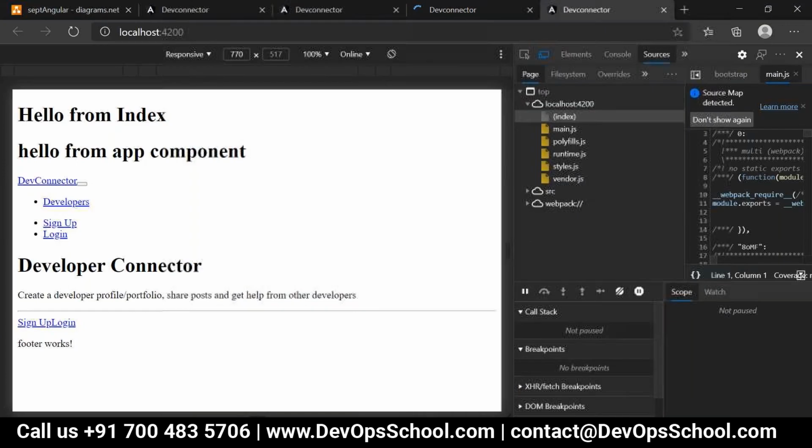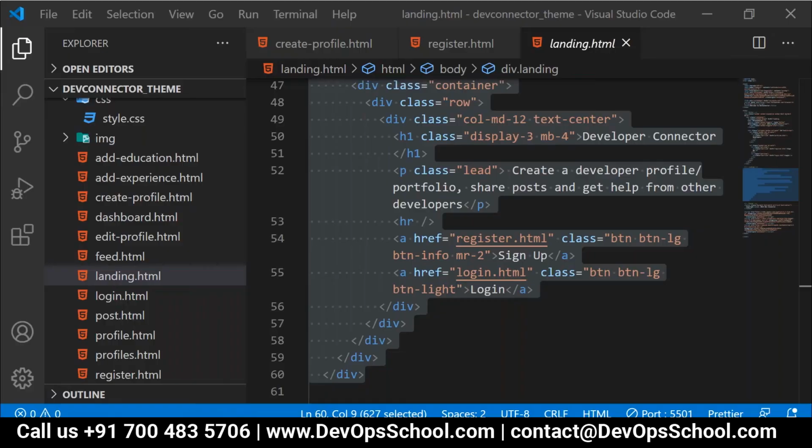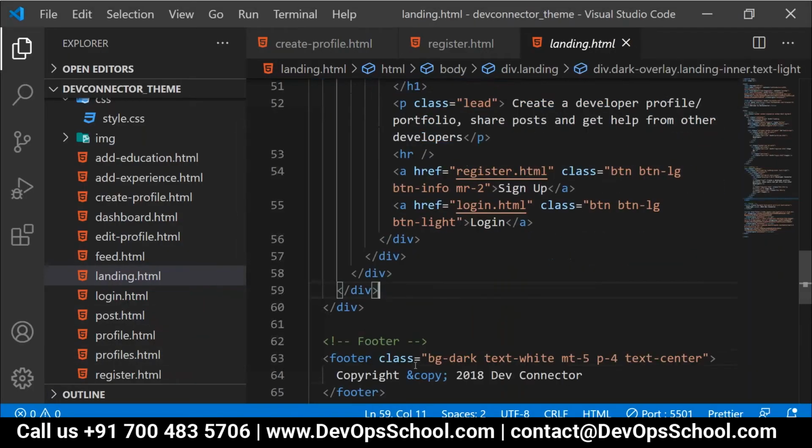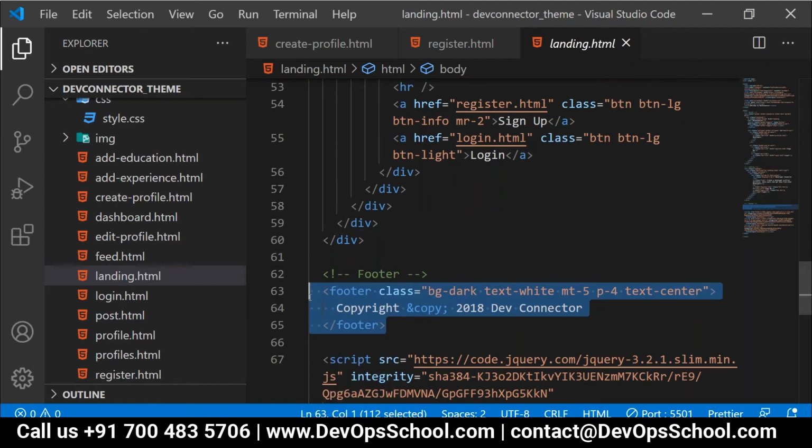If I go to the UI, people, now we are able to see the content, but it is not appropriate, correct? The reason is Bootstrap is not applied. So let's complete the footer, and then we'll come to how to bring Bootstrap into the picture.